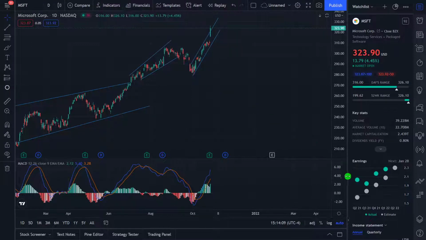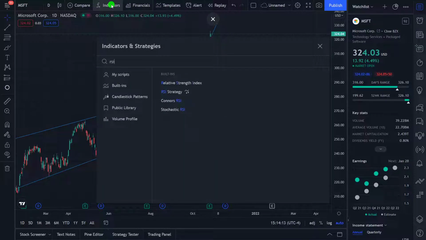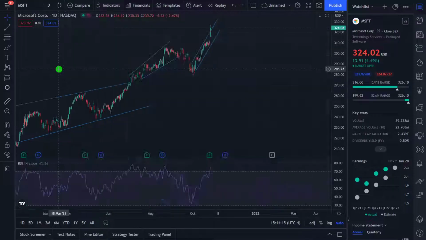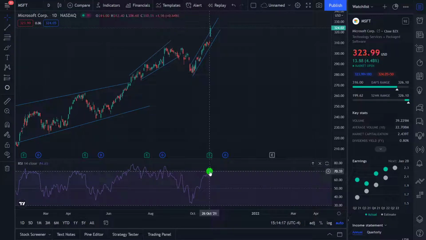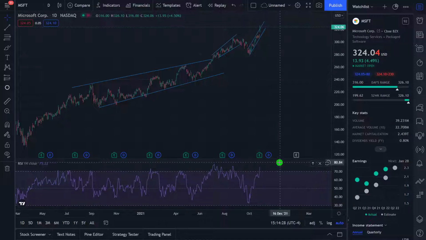And finally, RSI. Is this in the overbought or oversold ranges? Let's have a look right now. If we go to the relative strength index, you can see it is in the overbought range. And when it's been in the overbought range, you can see it's rarely stayed in there for long, a couple of days, and then dropped down. So I would say if you're looking at RSI, hold off.